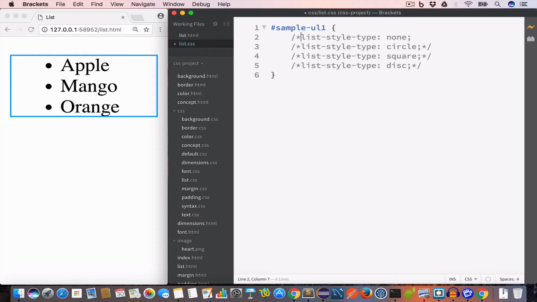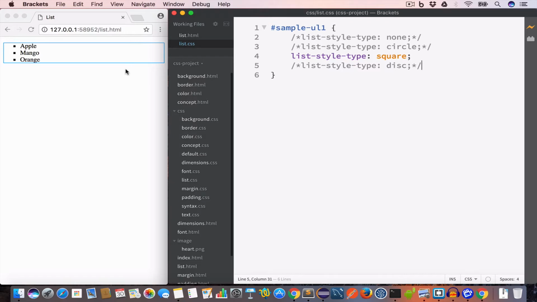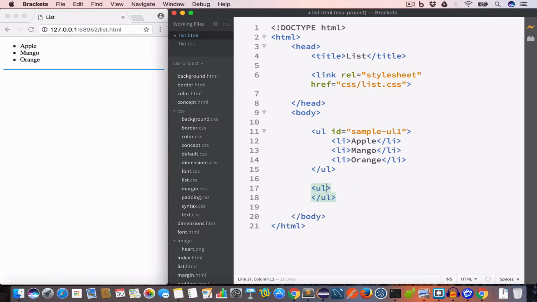So let me set this back to square. So now we have square markers for the list items. We can also set the margin and padding for the list. So let us go back to our HTML file and create another unordered list, and let us give this list an ID sample-ul2,